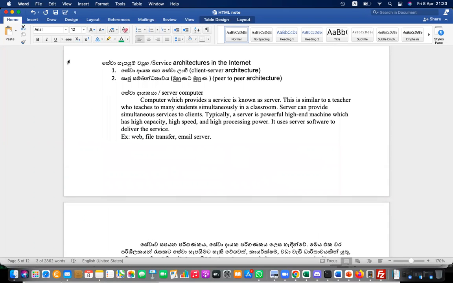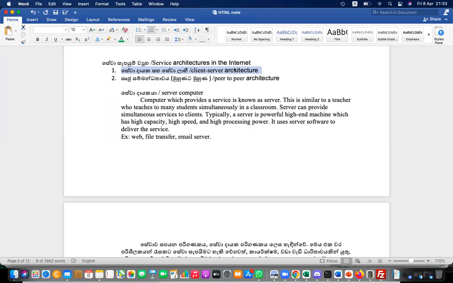Right. Final topic today, we are going to learn about two architectures as we discussed above. The first architecture is called client-server architecture. The second architecture is called peer-to-peer architecture. The most popular architecture of the internet is client-server architecture. Web works in client-server, email, client-server, cloud, client-server. Most of the services offered on the internet use client-server architecture,